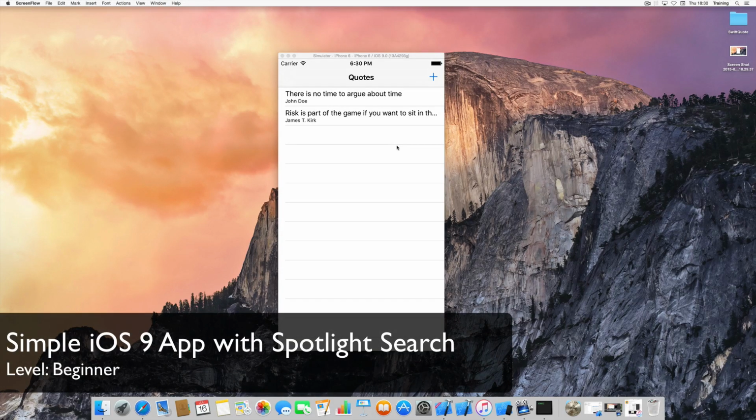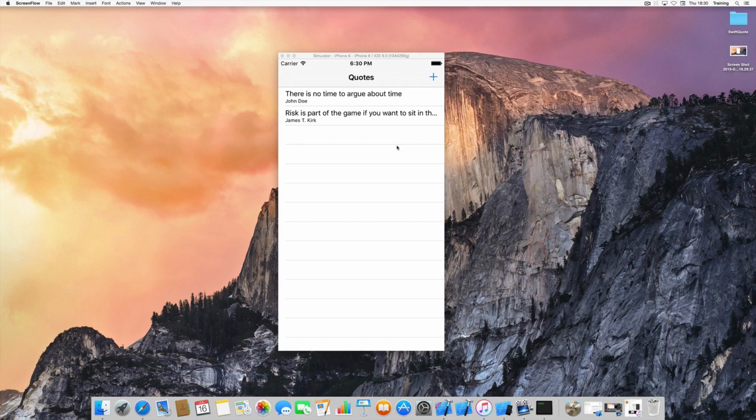Today we're going to create a simple iOS 9 app, which is the first iOS 9 app on this channel, and we're going to use the Xcode 7 Beta 3 version and of course the Swift 2.0 syntax for this tutorial. And I'm going to introduce you to one of the new cool APIs in iOS 9, which is the Spotlight search, and therefore we're going to create a cool quotes app that lets you store all of your favorite